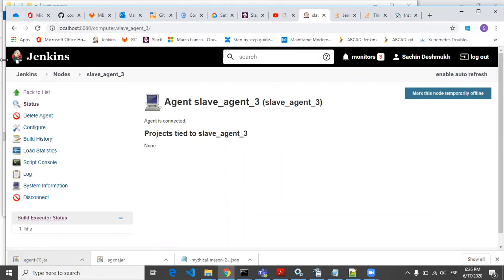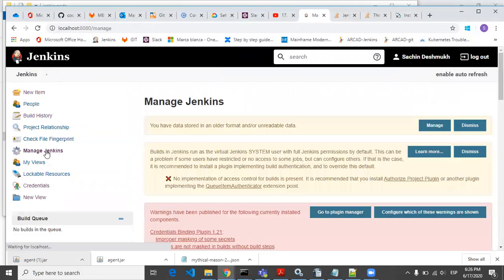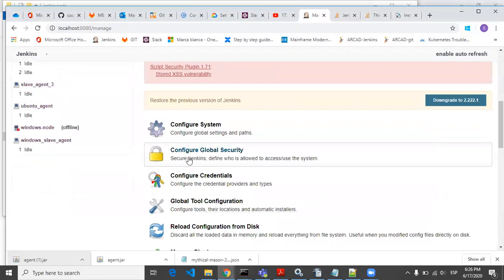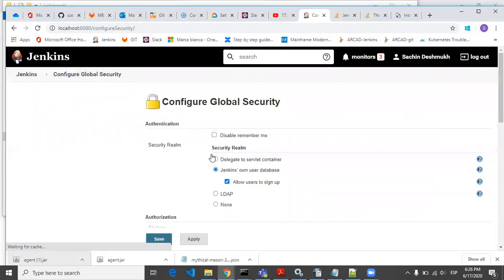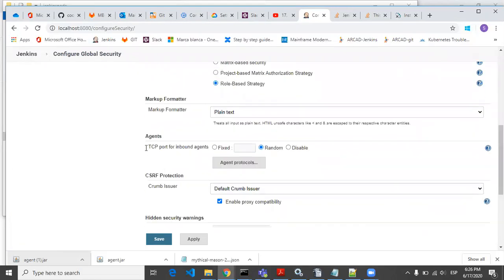Okay, so let's create a job. Before that, please keep in mind, in manage Jenkins, configure global security. You can see this agent section, right?